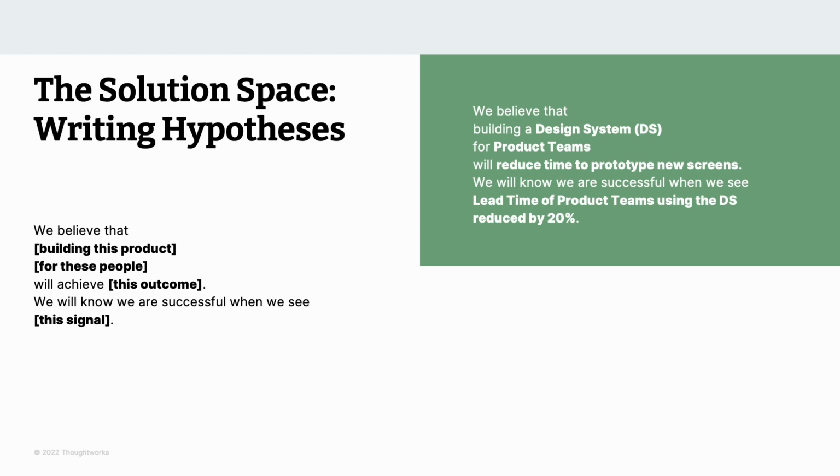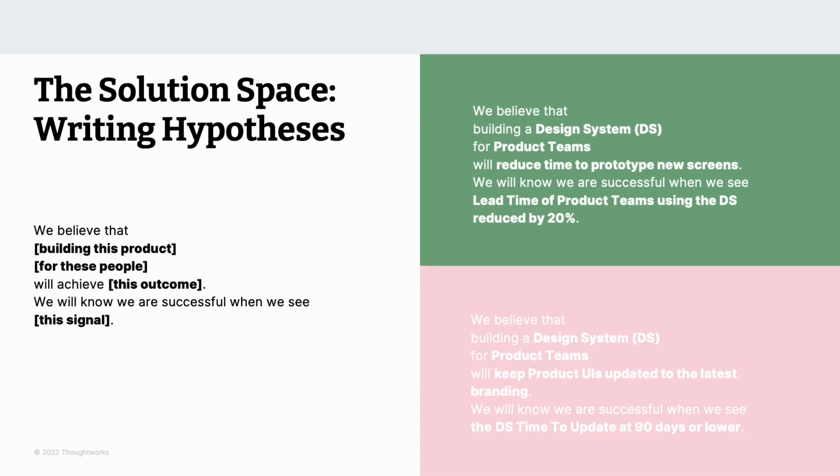And a hypothesis in a design system context could look like that. We could have as an outcome reducing the time to prototype a new screen for product teams. And it's very important also to set a signal that indicates to us if we are successful or not. In this case, for this hypothesis, it could be the lead time of product teams using the design system being reduced by 20%, where lead time is essentially the time that passes from a task being created and then the